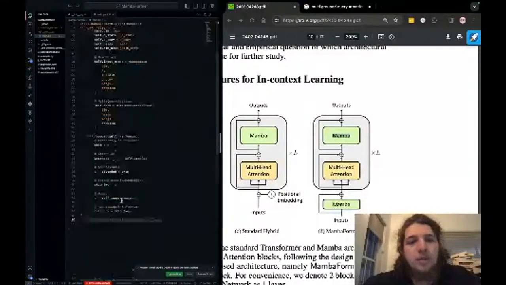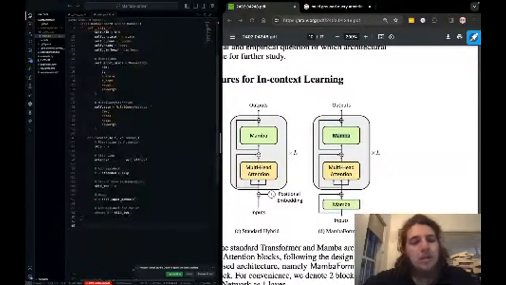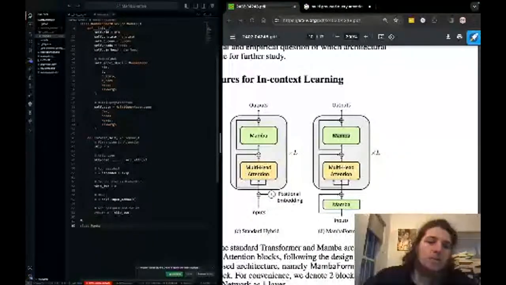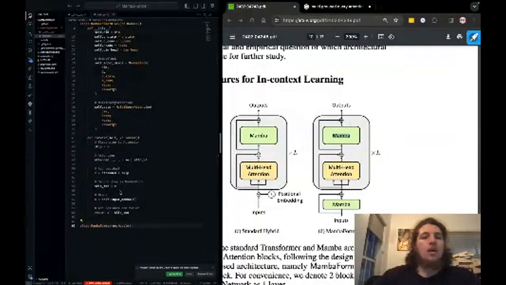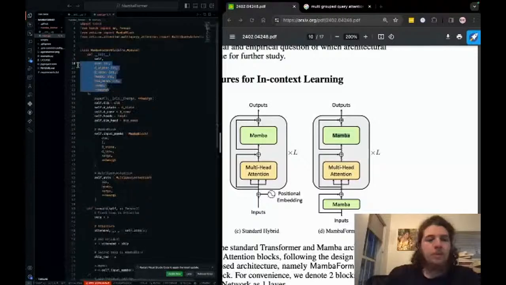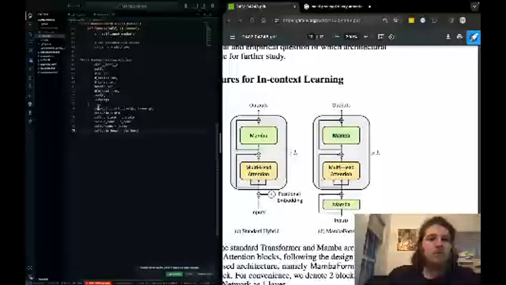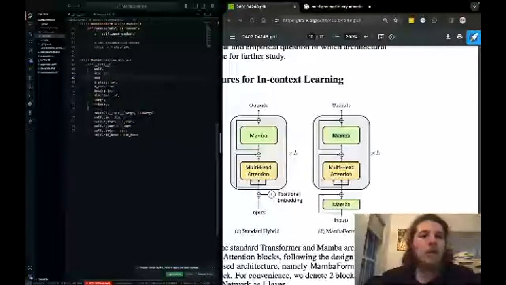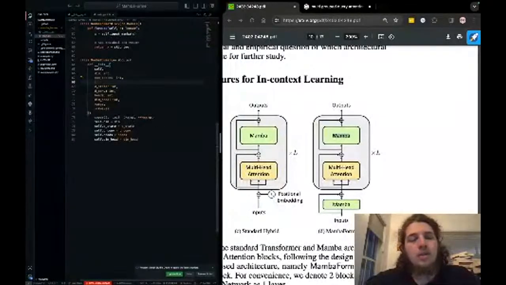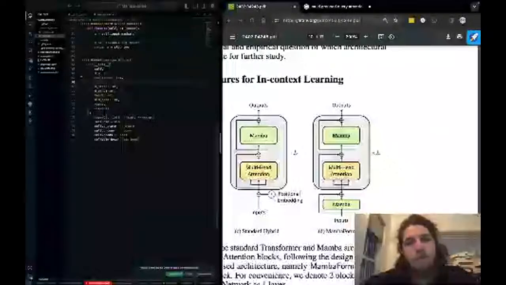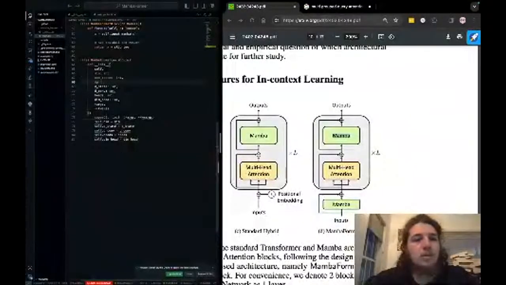But it goes deeper there. It's not this simple. So now we need to make the actual model. We're just implementing this right here. Copy these. We're gonna copy this. But we're gonna add a couple things. We're gonna add the number of tokens, which is the vocabulary of the tokenizer. And we're also gonna add depth, which is the number of blocks.